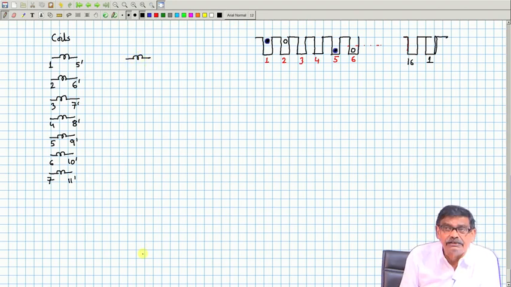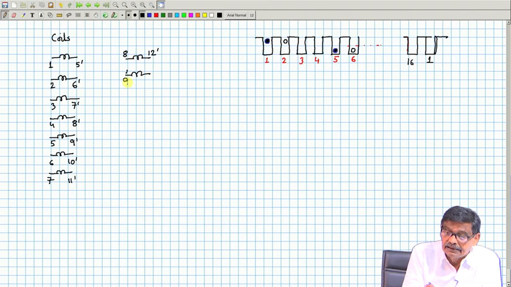I could draw it in this way, then 8 12 dashed, 9 13 dashed, 10 14 dashed, 11 15 dashed, 12 16 dashed,